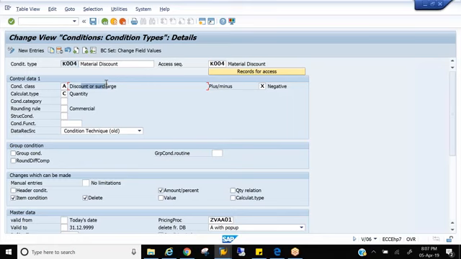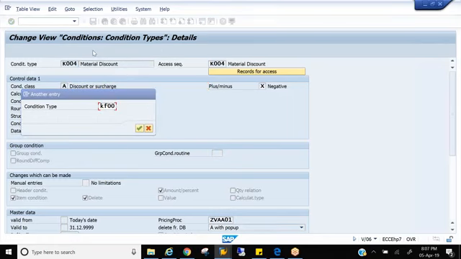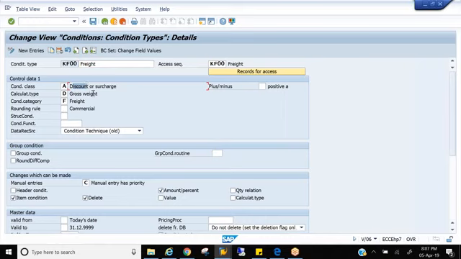A means discount or surcharge. If I take you to KF00, it says both discount or surcharge. So how is it possible, and how will the system identify whether this is a discount or a surcharge? That is by seeing this field. Even though both discount and surcharge have the same condition classification, the system will identify by seeing this.